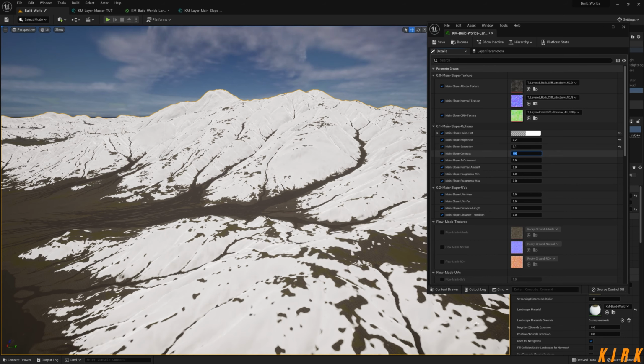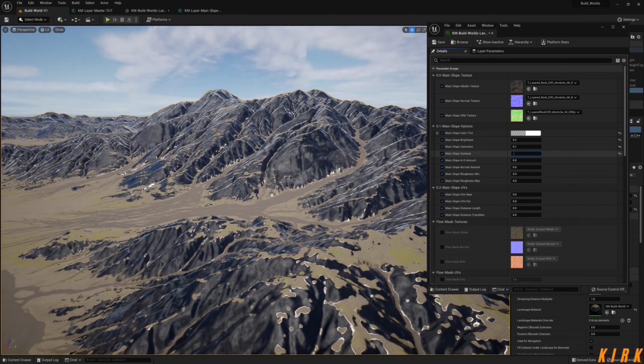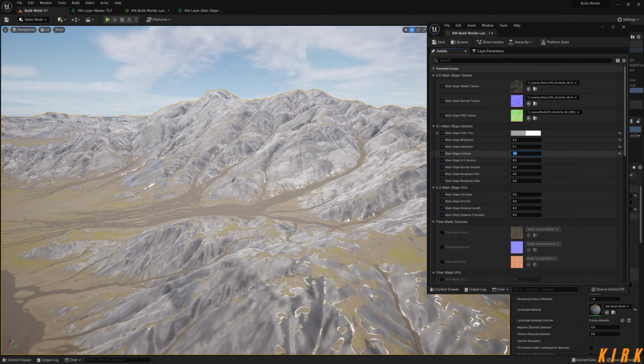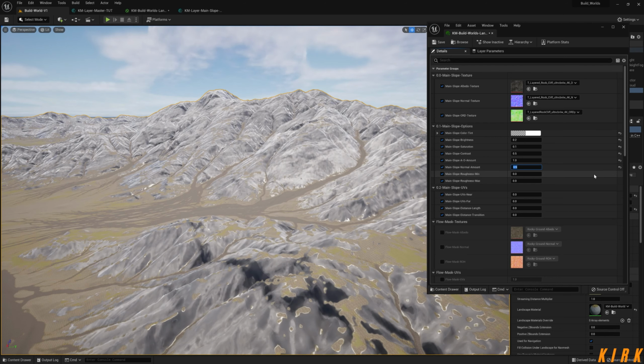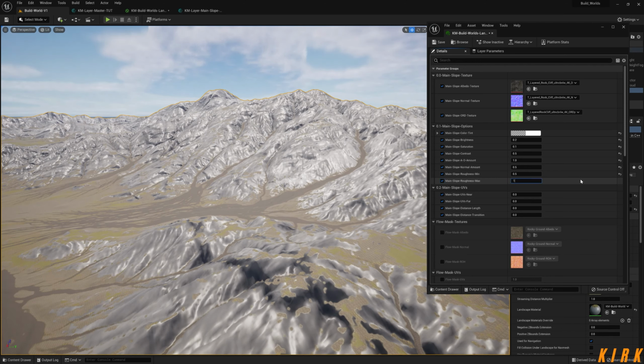The contrast, we'll put a 1. Oh, 0.5. There you go. And the AO we'll just set to a 1. The normal amount we'll set to 0.5. The roughness minimum we'll set to 0.5, and the maximum we'll set to